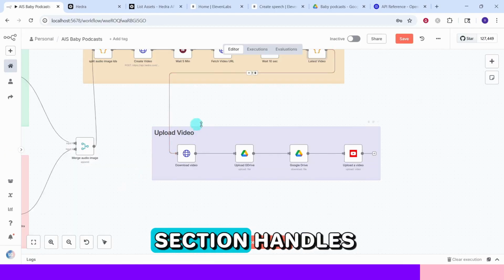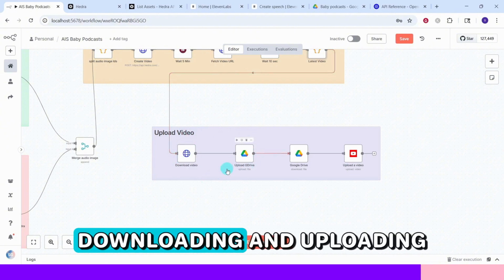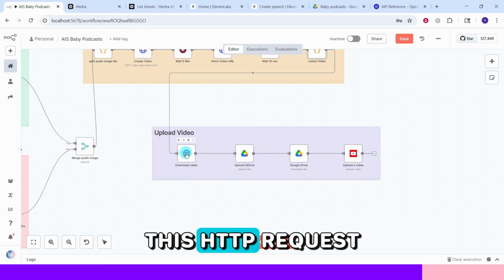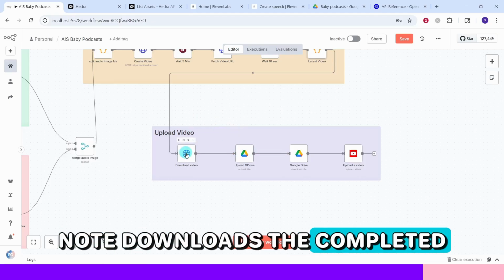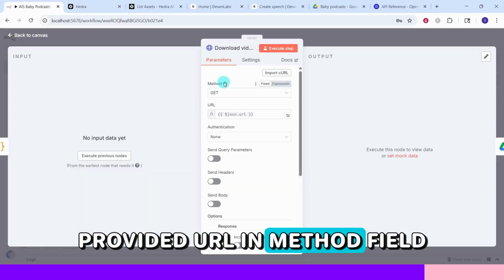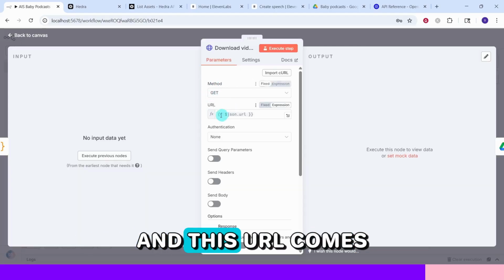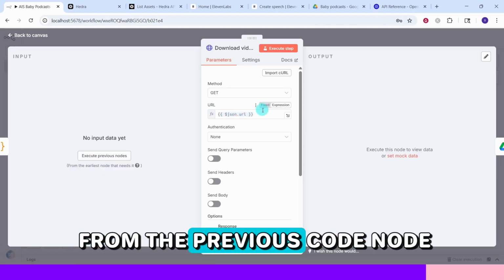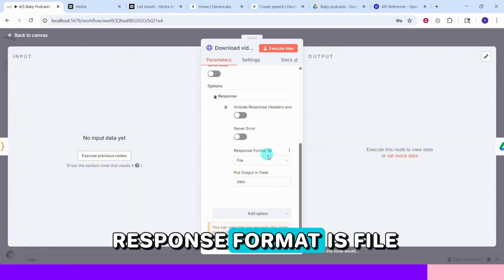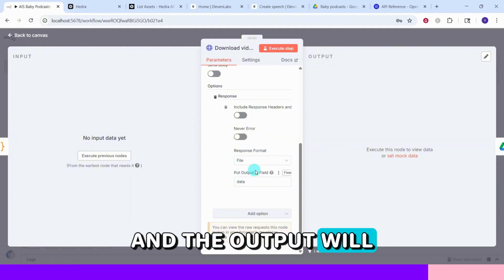The final section handles downloading and uploading the generated video to YouTube. This HTTP request node downloads the completed video file from Hedra's provided URL. In method field, we are using get, and this URL comes from the previous code node. In the options, we have specified the response format is file and the output will be put in the data